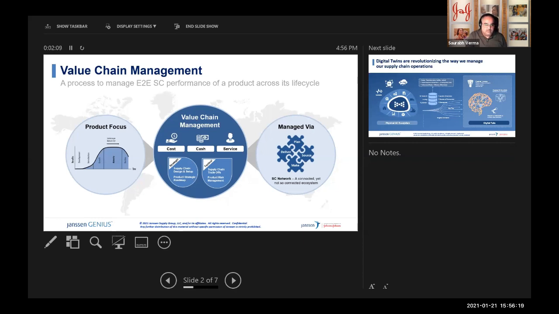So this is very important on a day-to-day tactical operation level. Also, the value chain leader is responsible for triggering the right kind of actions when a risk or any kind of event occurs in the supply chain. So he coordinates with different functions and makes sure that the impact is minimal and the business resumes normalcy very soon.